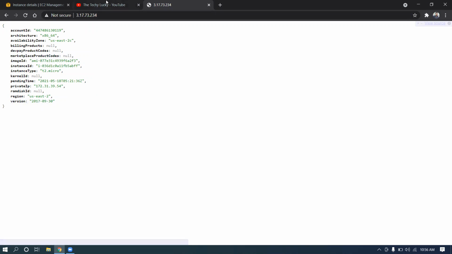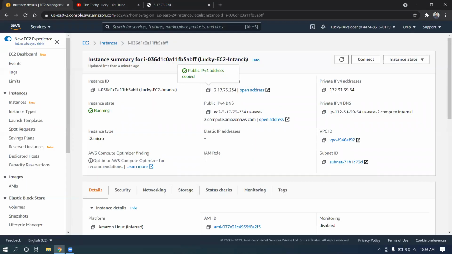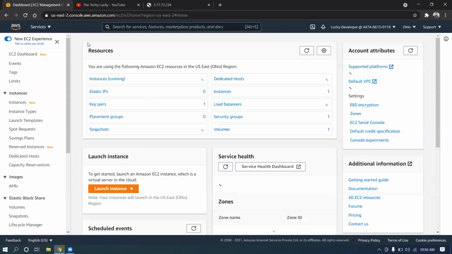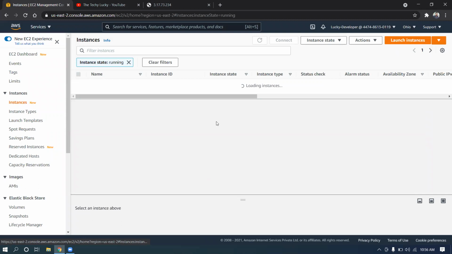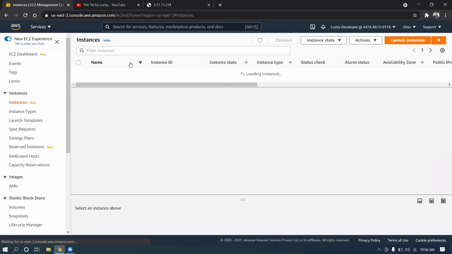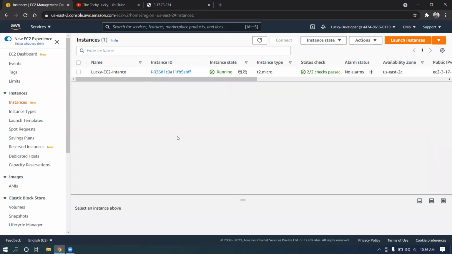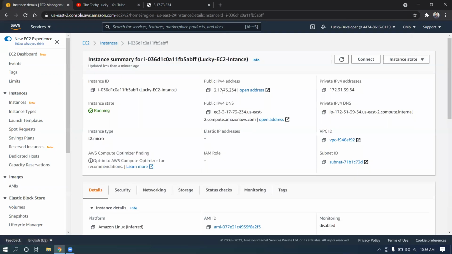Now let's discuss how exactly I can have a fixed public IP address. Actually, this IP address changes each and every time I stop the instance and start it again. So let me show you this problem, then we will try to assign the Elastic IP. This is the solution to have a permanent public IP address. The private IP address is not being changed. Just focus on this IP address ending with 234, and you can see the same IP address will not be here. And this private IP address will not change, that is for sure.